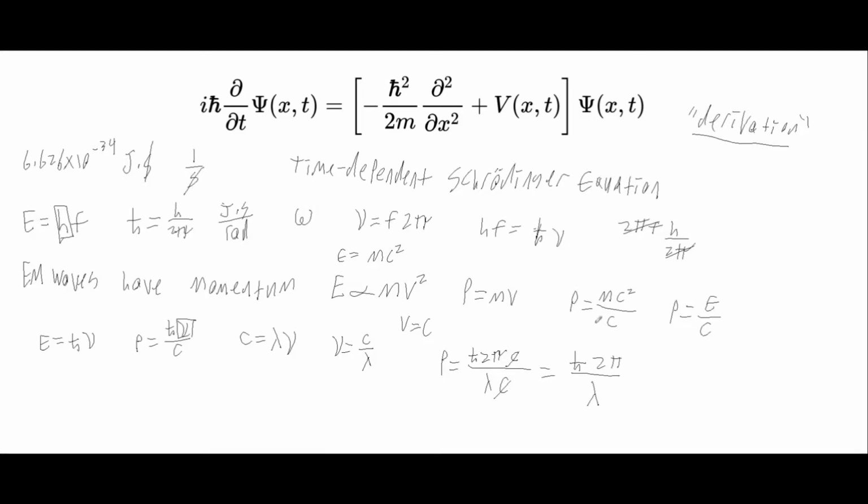And then we can actually set the 2 pi over lambda to k, because this is just a constant, and this is the thing that is varying. We set that equal to k, and we call this the wave number. And so you will see that come up a lot in quantum mechanics, this idea of the wave number,